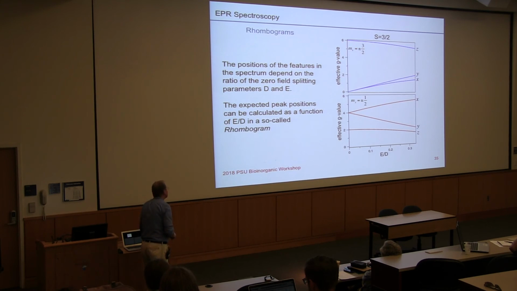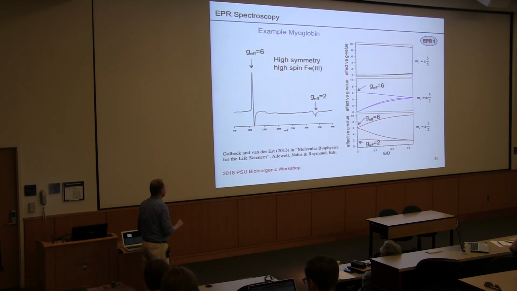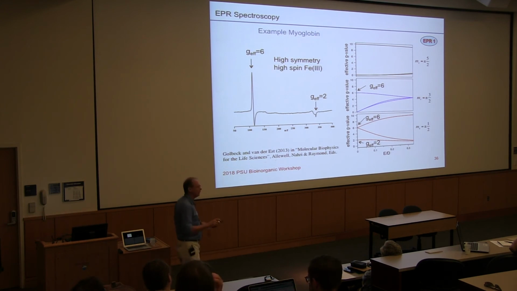So here's just one brief example. This will also be talked about in EPR1. This is myoglobin, which has a heme group in it, so an iron 3, which is spin 5/2, and it's in an essentially square planar environment in the heme ring. Because of that high symmetry, the zero field splitting tensor is axial, right? And so our rhombicity parameter